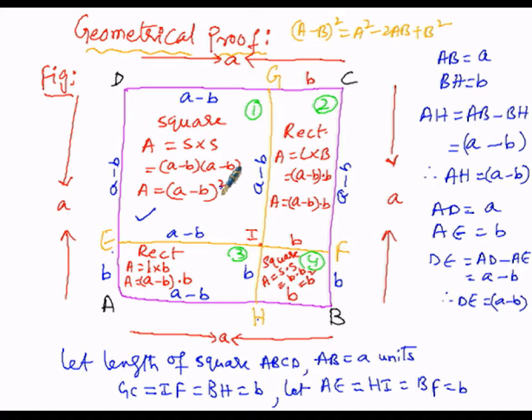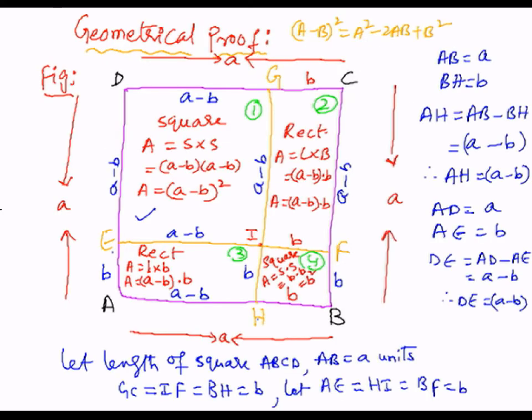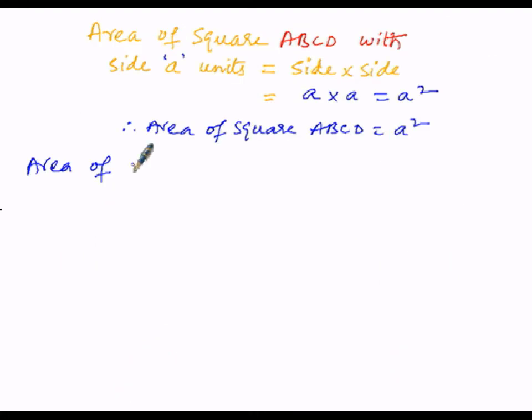So here area of figure number 1 equals to, or in other words area of EIGD equals to area of, since it is a square, so area of square EIGD is equals to,